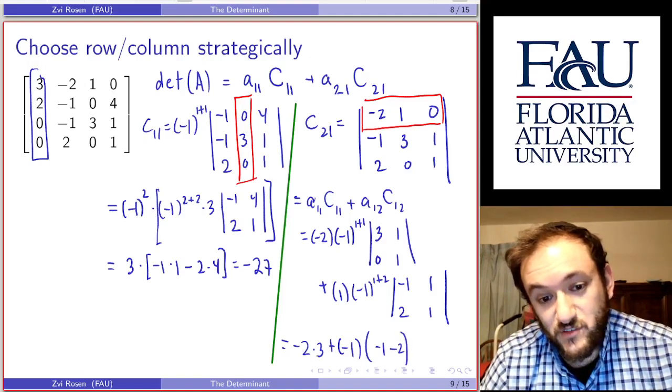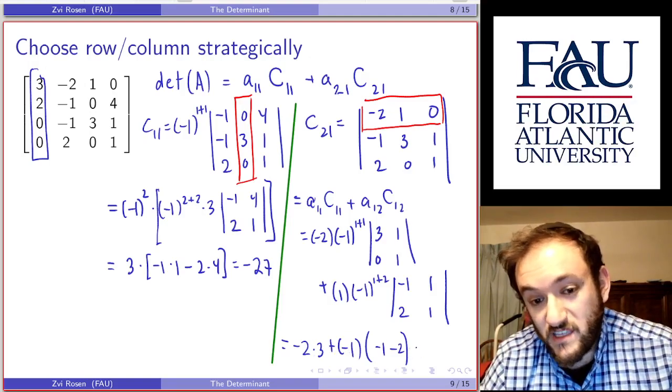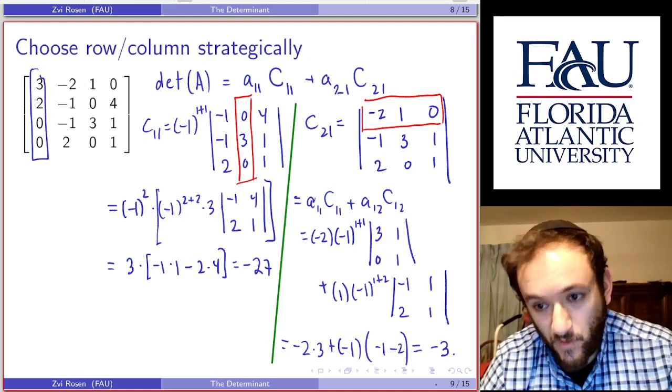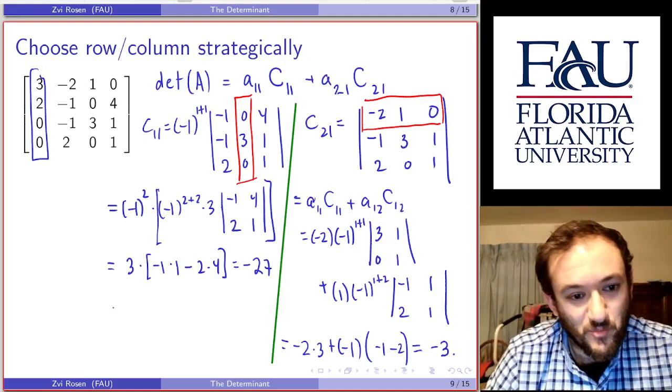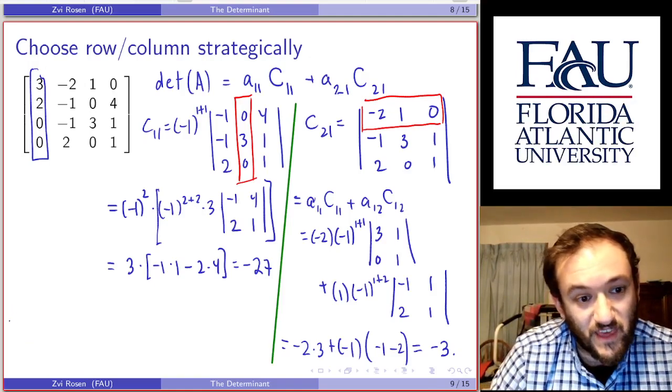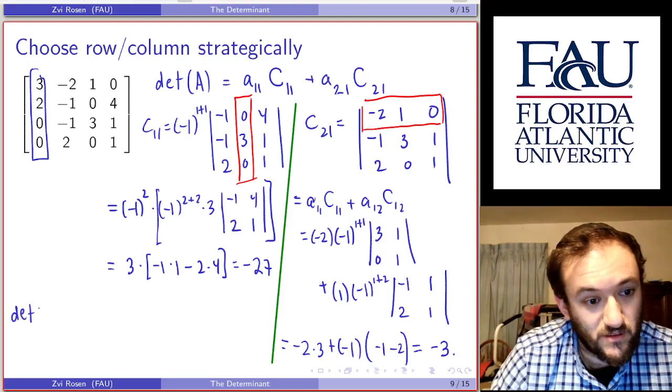So that's minus 2 times 3 plus minus 1 times minus 3, or minus 6 plus positive 3 gives us minus 3. So putting it all together, we get that the determinant of A is equal to